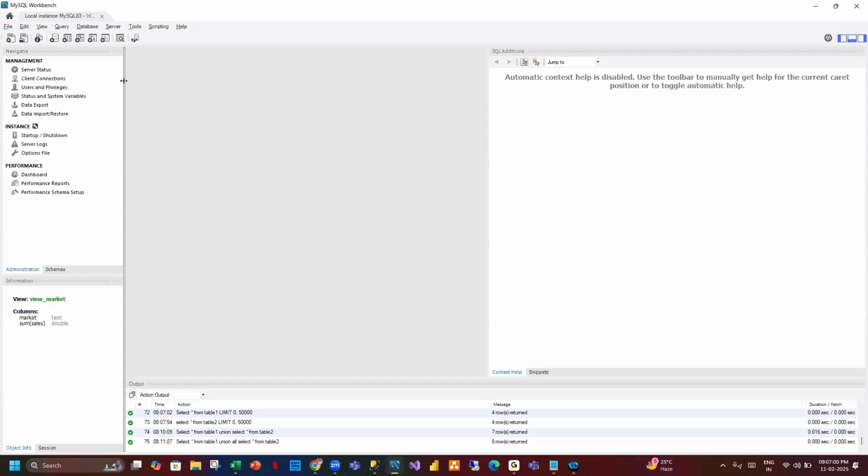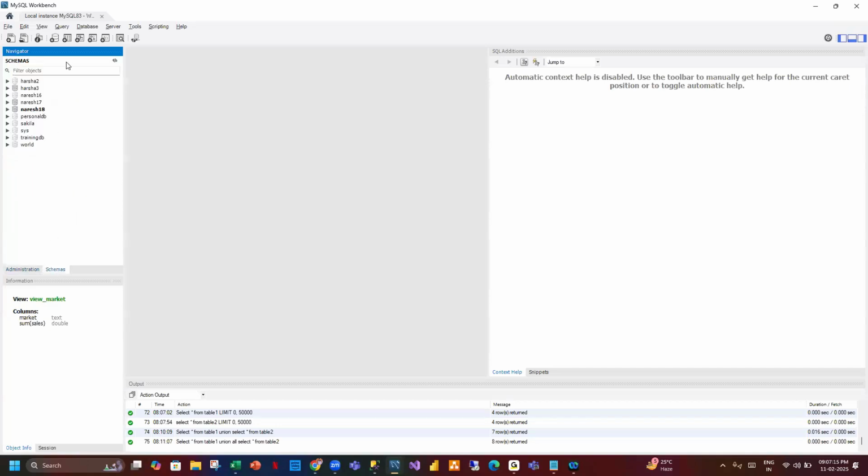So let's get started. If you look at this, the UI of MySQL is quite simple. On the left, you will have the database and the list of tables. Here you have administration and schemas. Look at my cursor carefully. Later you can work on your systems. Please have a look on the screen. So if you see administration and schemas here, when you click on schemas,